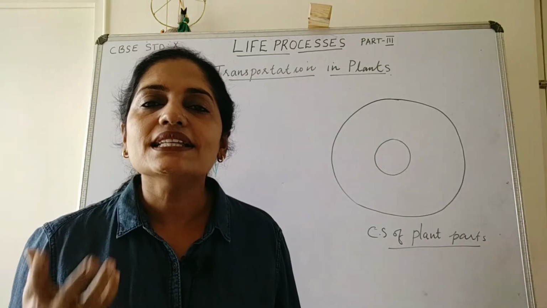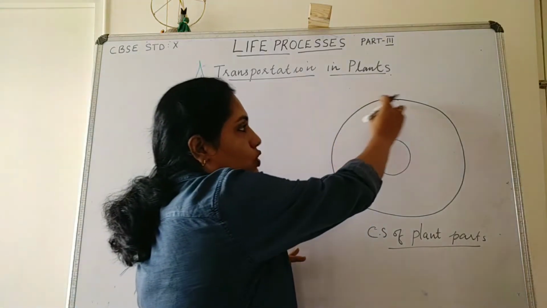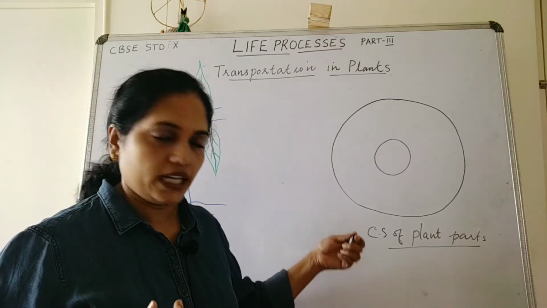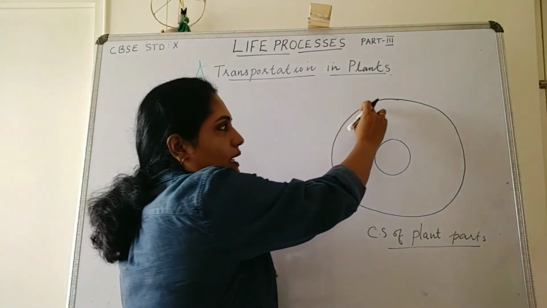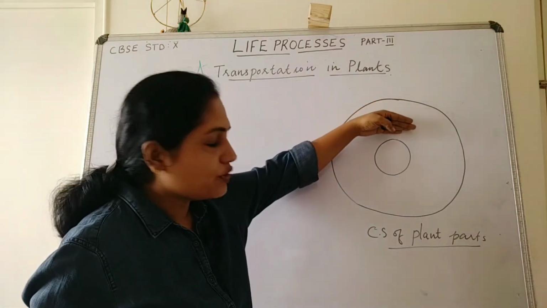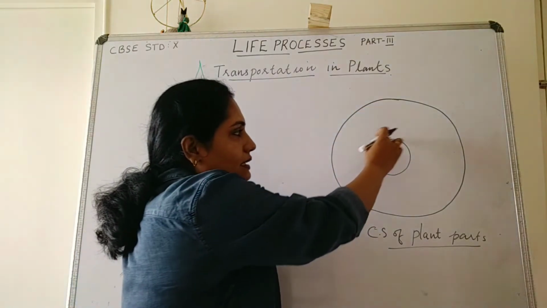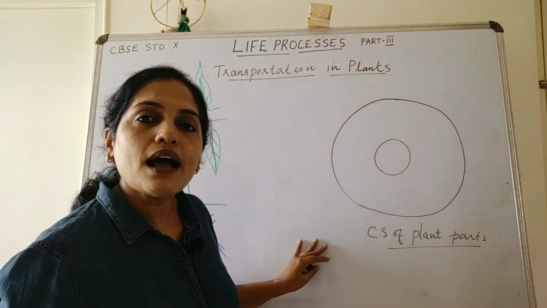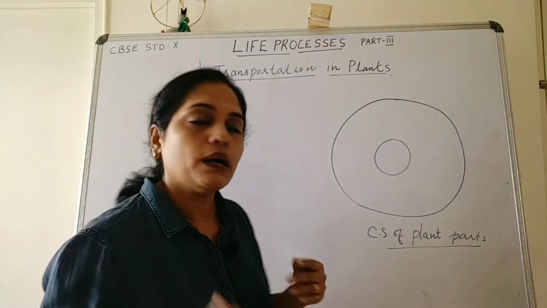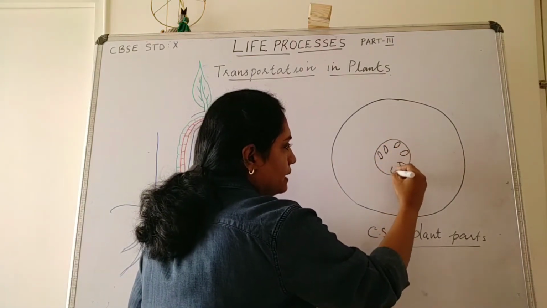Where can we see these transporting tissues, xylem and phloem? Look here, if we take a cross section of any plant part, for that matter a root or a stem or a leaf, we can see commonly an outer epidermis and then the mesophyll tissues just below the epidermis, and in the middle, this region is known as the stellar region. In the stellar region, we can see many vascular bundles.